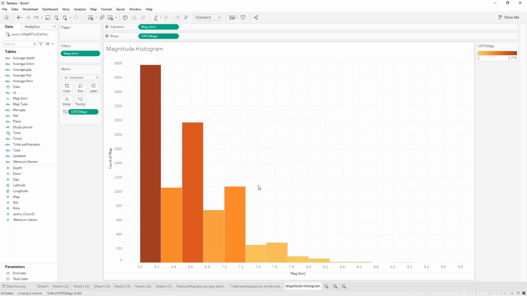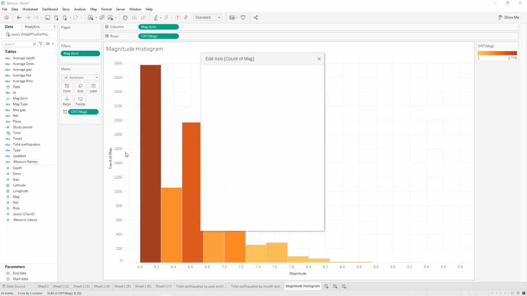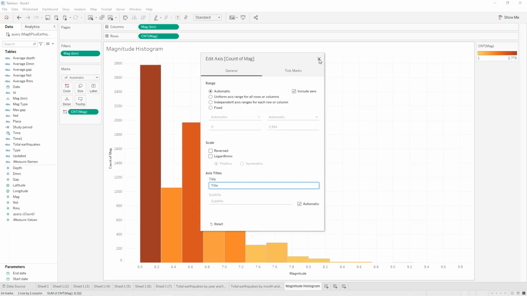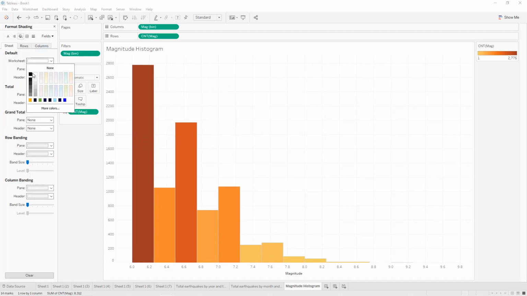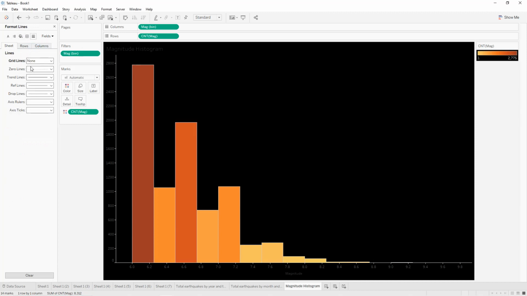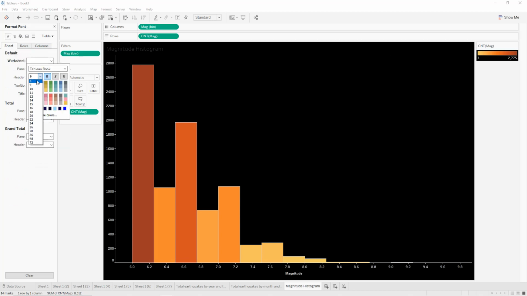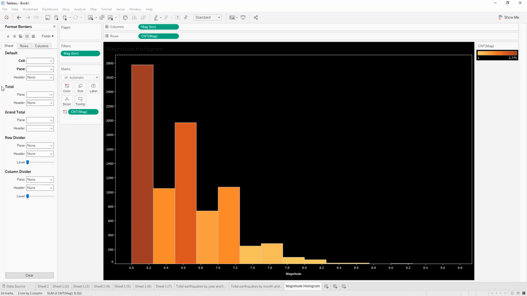Now I'm going to modify our worksheet, so double click on the axis, we write magnitude, right? Double click on this axis, we remove the title, we right click on the sheet format, so the shading it will be black, we remove grid lines, none, same thing for 0 lines, none, and for the font it will be white bold in 8. We add our borders, right? So select everything in white,